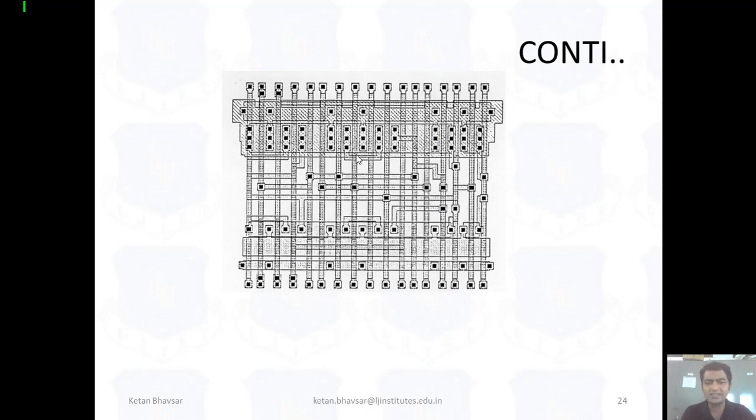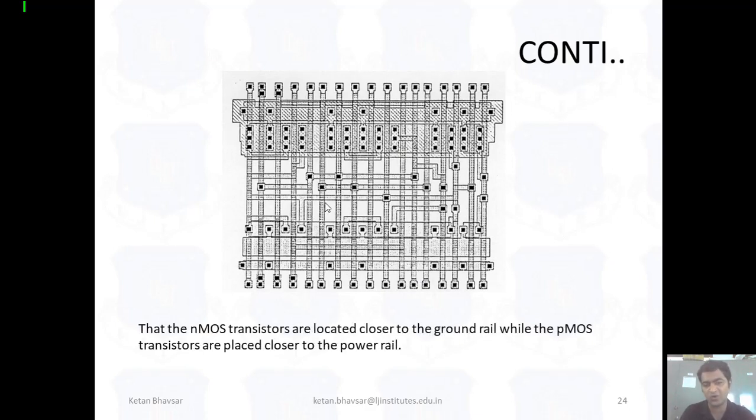Fine. You can see it's arranged in a proper manner. It is because of the standard library arrangement. In standard cell, we use a specific library, or we design a specific library with the help of AND or inverter, or an inverter with the help of the NAND gate, NOR gate. So you can see the placing is in an appropriate manner, designed with the help of the NMOS and PMOS.